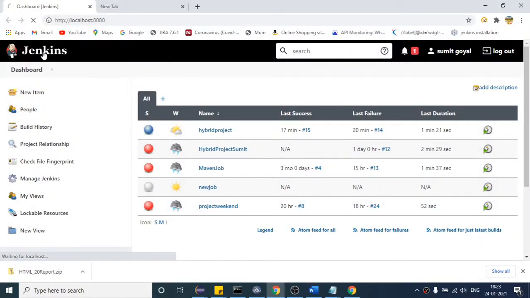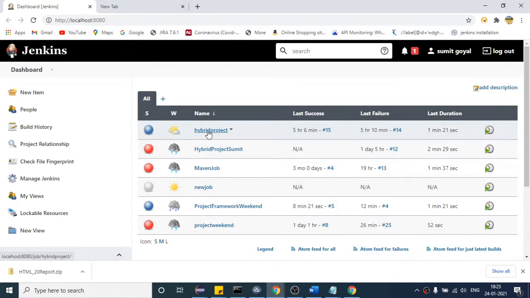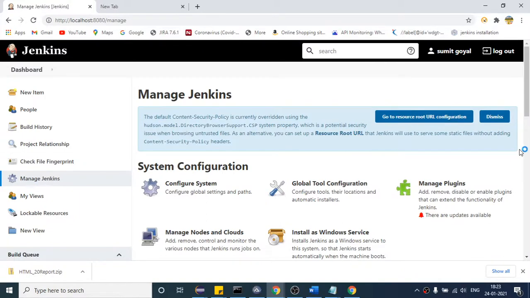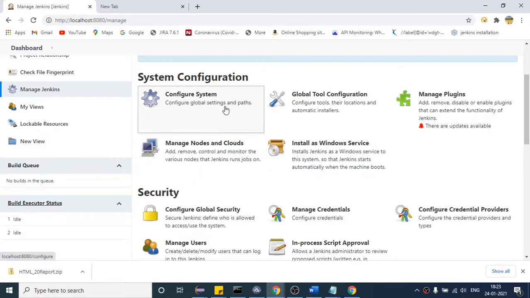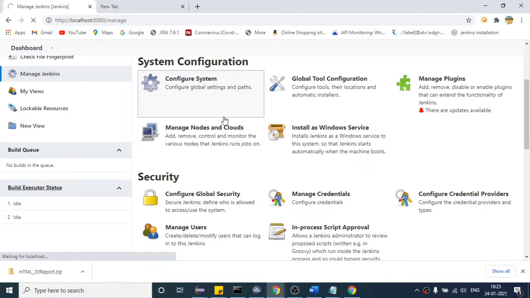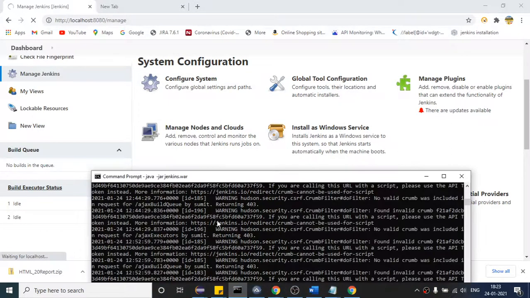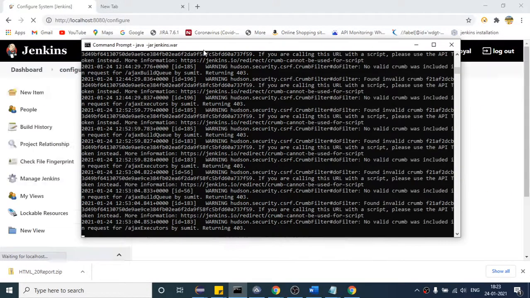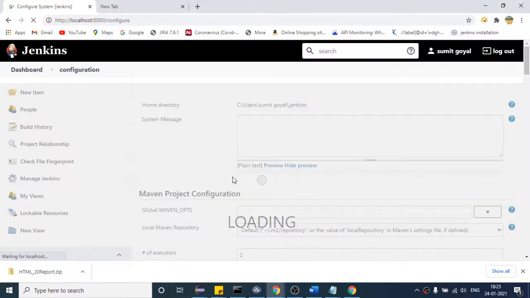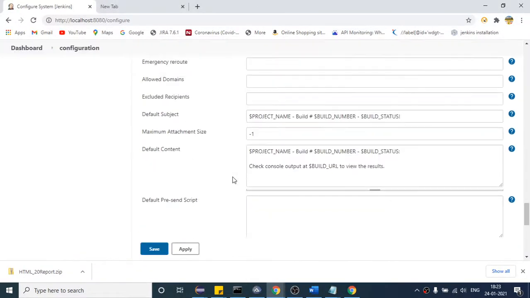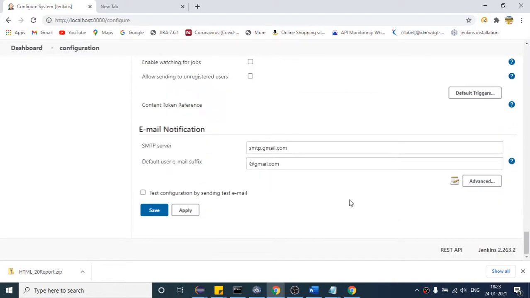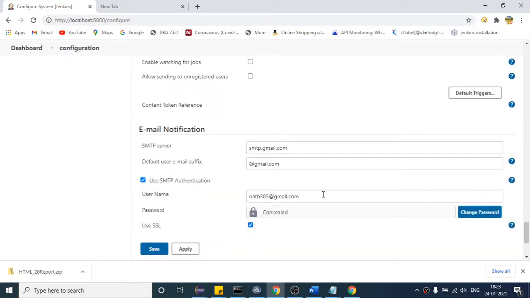Jenkins, Manage Jenkins, Configure System. After this page opens, come down and you have to make some settings here, right? Again, Advanced. So copy this one, and you can provide your email.